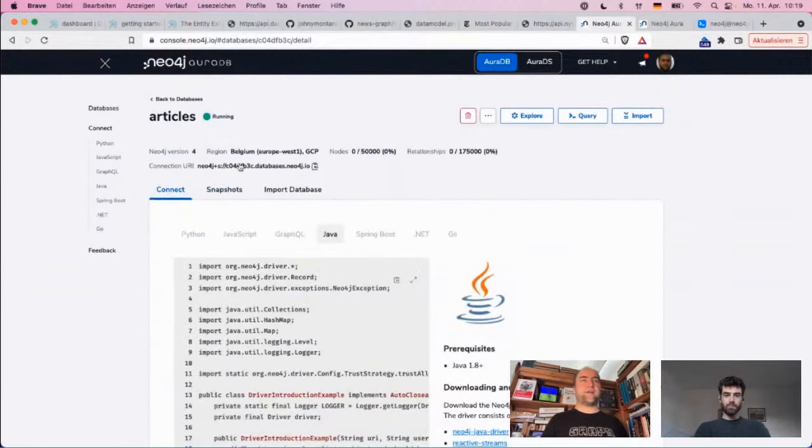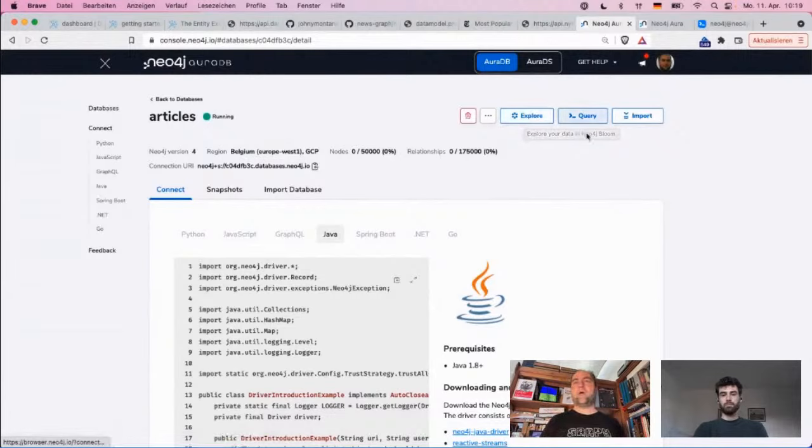But what's important for us here is the new buttons. So if you've used Aura before, you might have seen that this UI changed a little bit. So Bloom became Explore. Browser is now Query, and Data Importer is Import. So it's not a drop down anymore, which hides away all the things that you can do. But this is more for beginners. So directly, okay, what can I do with this data in my database? And if I have nothing, I import something, and otherwise I explore visually with Bloom